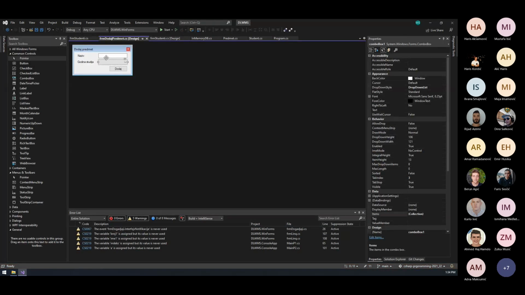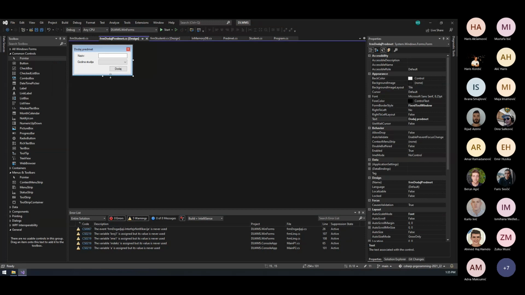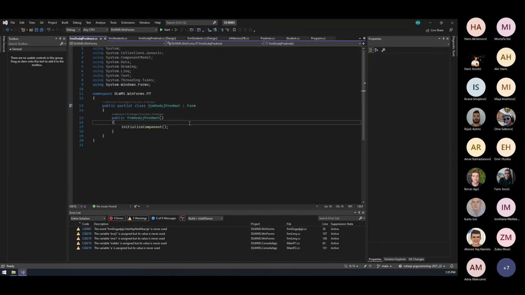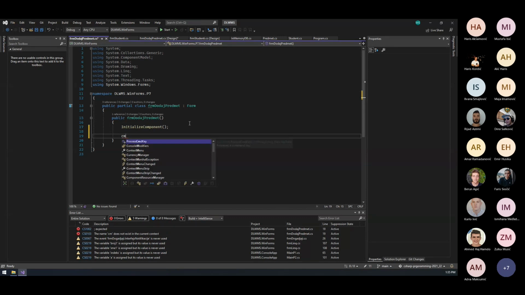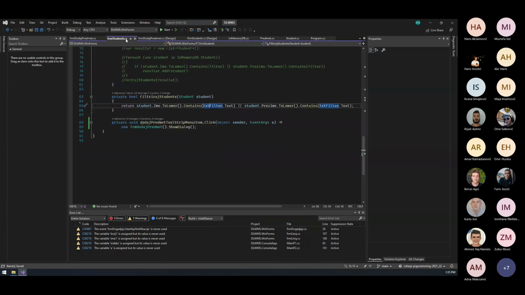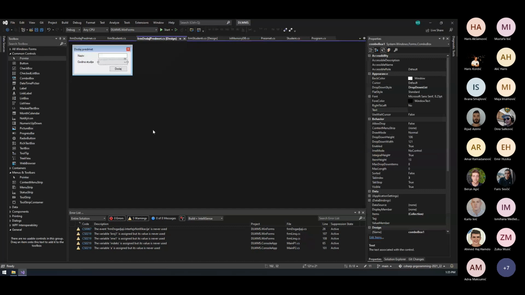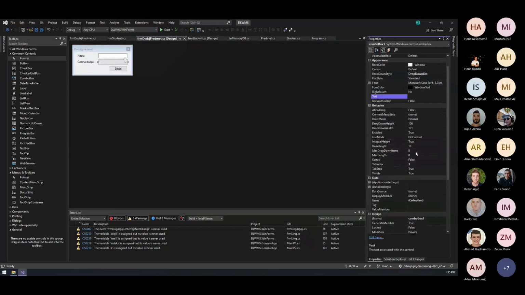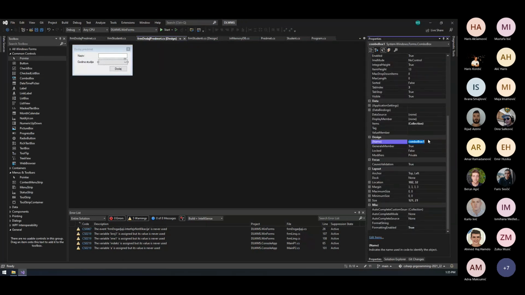Now we need to fill in this. So if I hit F4 somewhere, or F7, F7 is show the code behind. Once we initialize the components, once they are done, we can just simply fill in the combo box, which I thought I did name it. Didn't I? Nope, I didn't. So CMB,